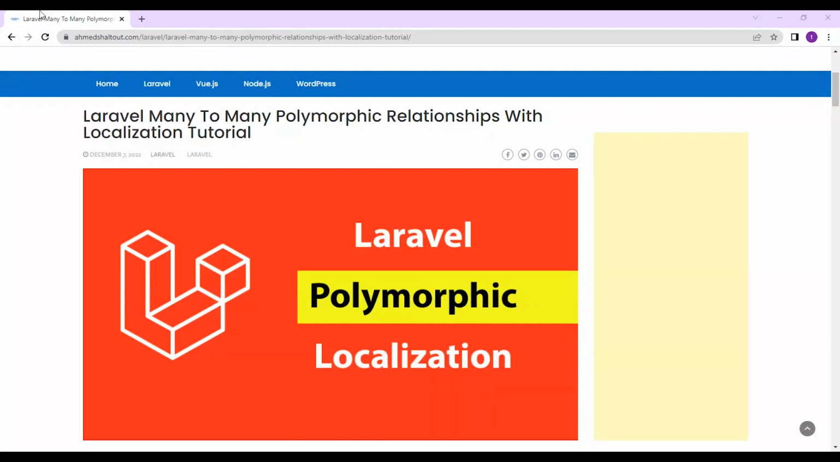Let's create many-to-many polymorphic relations between multi-language categories and product. Many-to-many polymorphic relations are slightly complicated. So what about adding localization to this relationship? We are making a toxic relationship. Anyway, so